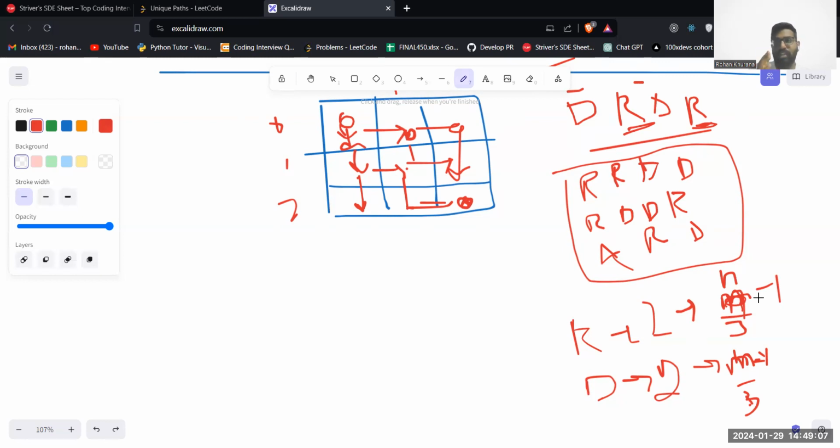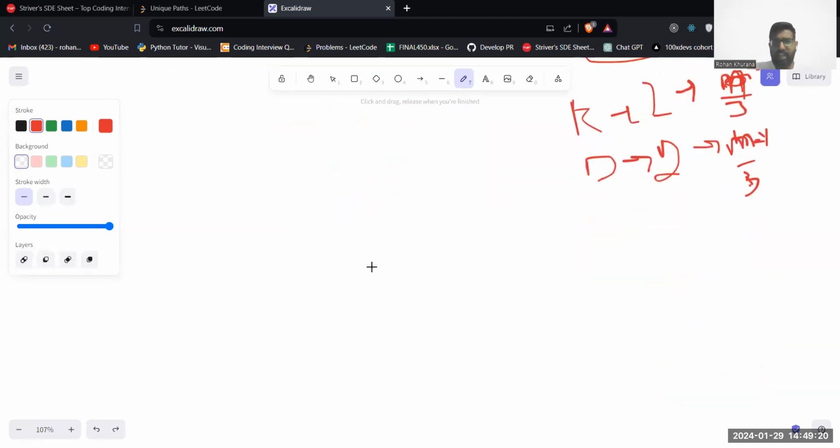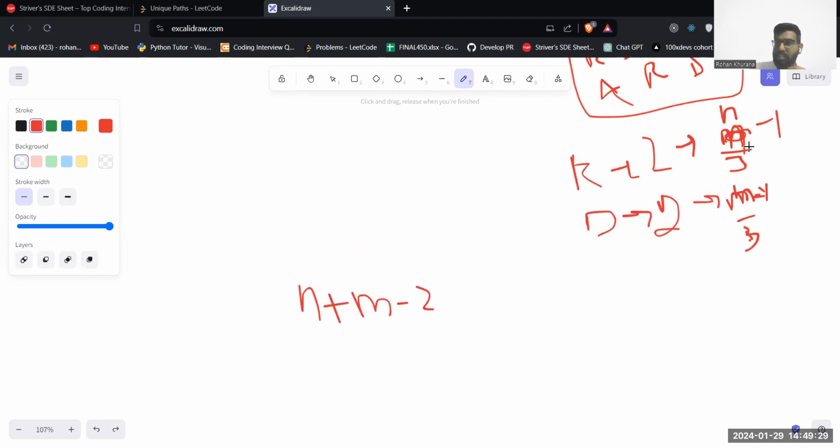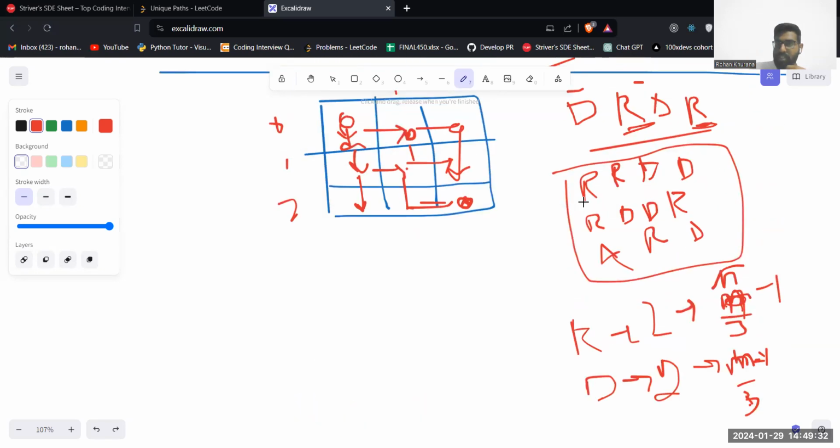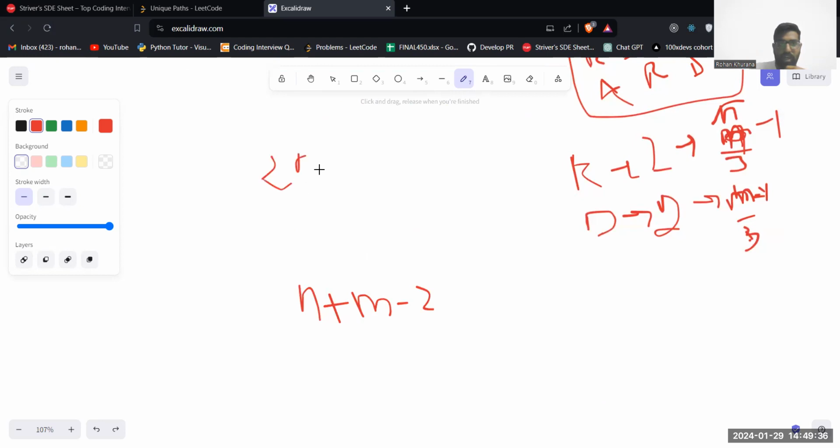For columns changing, you are changing across n. You are changing across m if you are going down. You are changing across rows. I can say that at any point of time, how many moves can I make? I can say n plus m minus 2. Now, what is this? If R is used here, DD is used here, I have 2Rs and 2Ds. I can say this is the final solution